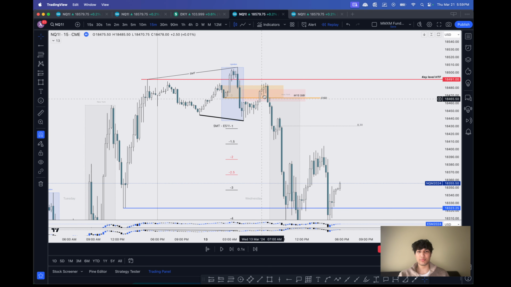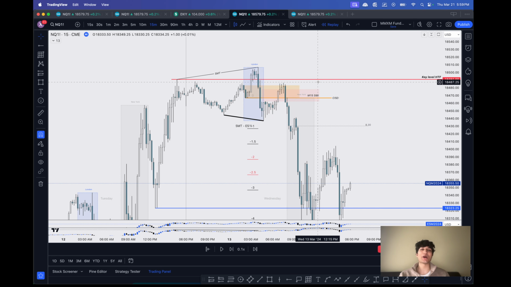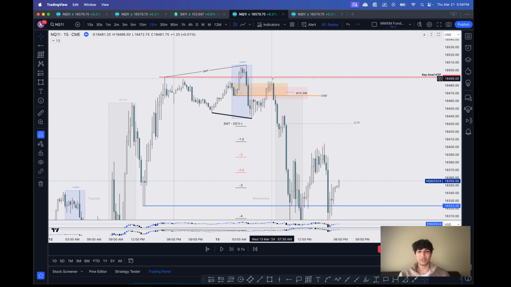So as price trades back into here, what level should it be at? Roughly in discount, hopefully at an optimal trade entry. Well, as you can see, I know it's a little bit hard to see. Let me put this away. You can see price comes right into our beautiful 0.705 area, which is going to be our optimal trade entry, and that is where we key off, and we move lower. So to engage this again, that's probably a topic for another video, but you can see, you can wait for